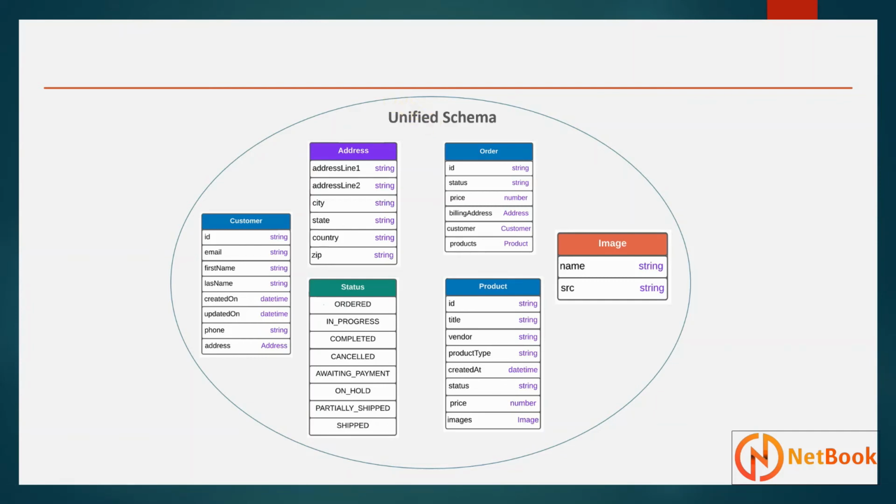Talking about linking and merging. Your customer API has an address object and the order API has a billing address, which has a similar data type. If it has a similar data type, you can link them or merge them. If they are similar fields, you will link those objects. If they are the same fields, you can merge those two objects and make it a single unified schema.